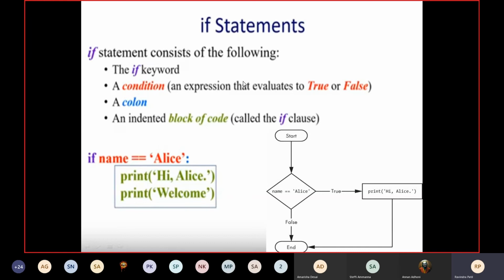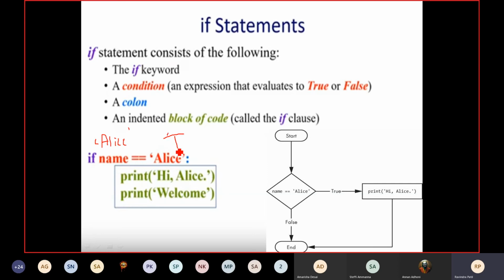So we'll take a simple example here. For a moment, assume that for the name we have provided Alice. So is Alice double equal to Alice? Yes, this condition evaluates to true.